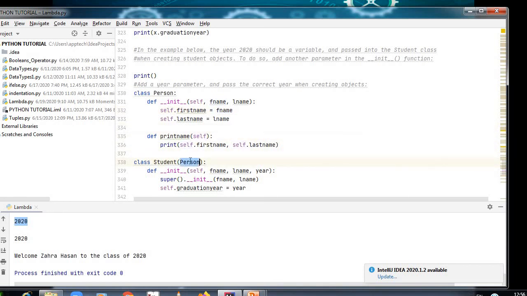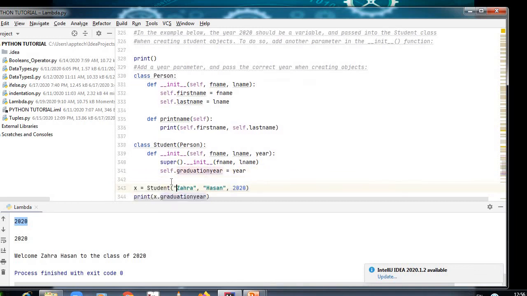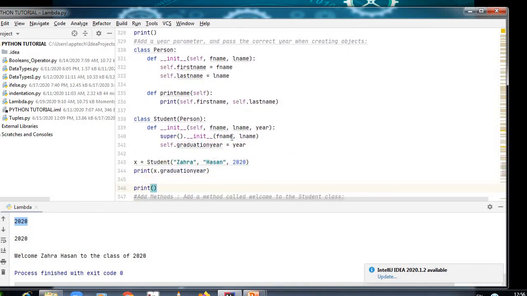Now here is my Person, here is one more class I have created. This is my parent. Now I'm using the super function over here. Now I'm adding the year, that is 2020. So after creating an object by the name x, Student Zara Hassan 2020, here I just wanted to print the year, that is 2020.